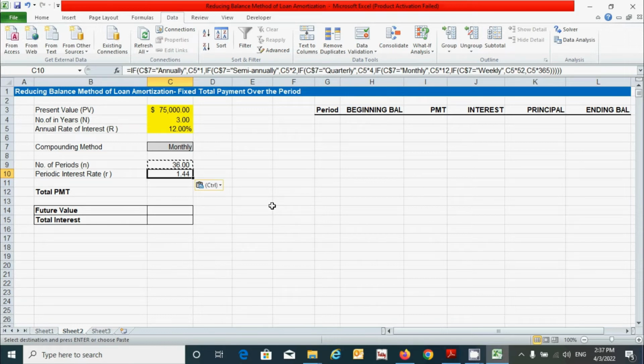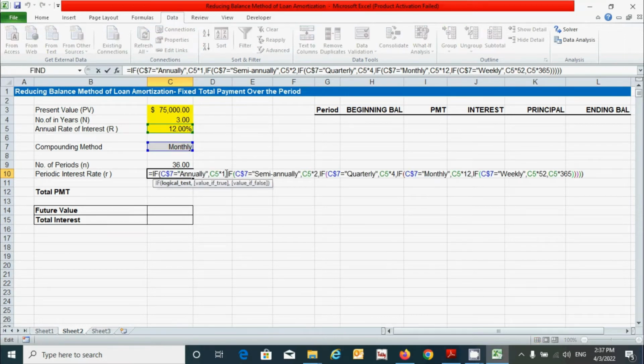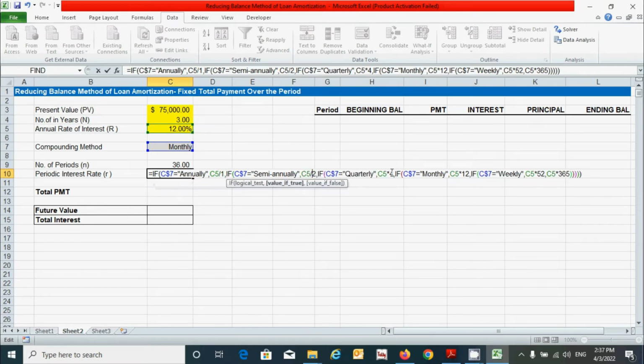Press Ctrl S to save, then double click on the cell to show the formula and make some corrections. First change the sign from multiplication to divide. Similarly for each of the other places.